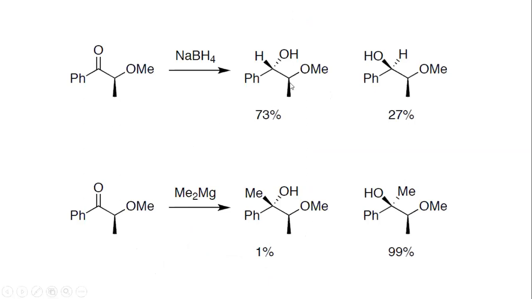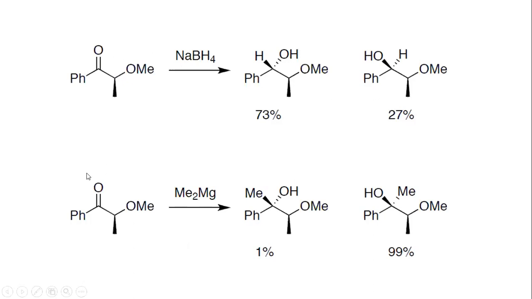Now, in this case, I'll tell you what kind of Newman projection you should write. In this case, we have an alpha chiral center, and this is a source of hydride. And now we have an OMe group. The alpha chiral center bears a heteroatom as the substituent. Then this is not a chelating metal species, the sodium plus is not chelating. Then this is taken as the larger substituent. Then this larger substituent and this carbonyl plane are written perpendicular to each other.